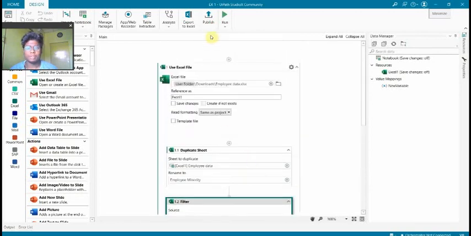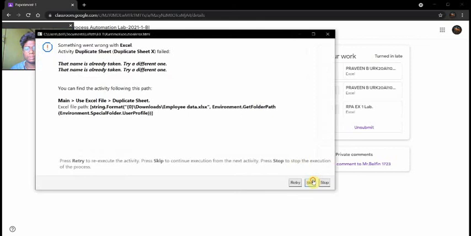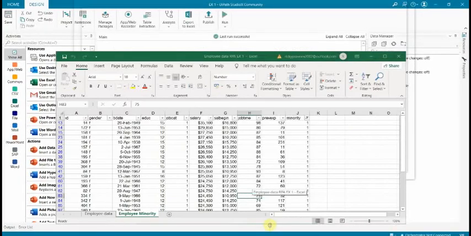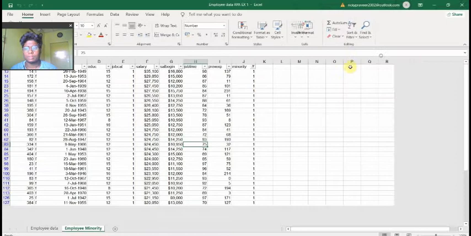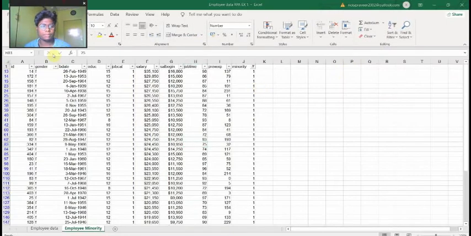Here it is. Now we are going to execute it. Here you can see that I sorted the gender in ascending order.